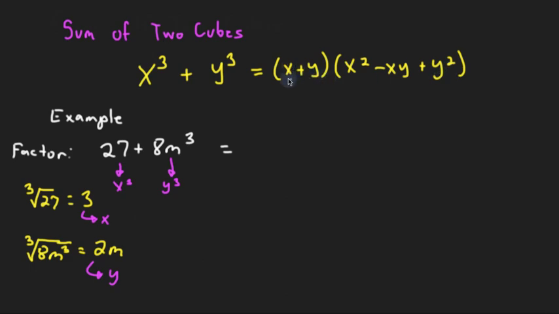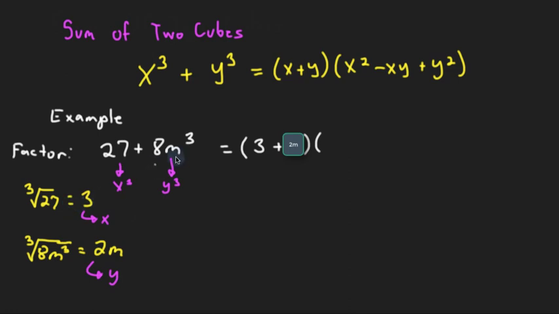Let's start with x plus y. Since 3 takes the place of x and 2m takes the place of y, this becomes 3 plus 2m, times 3 plus